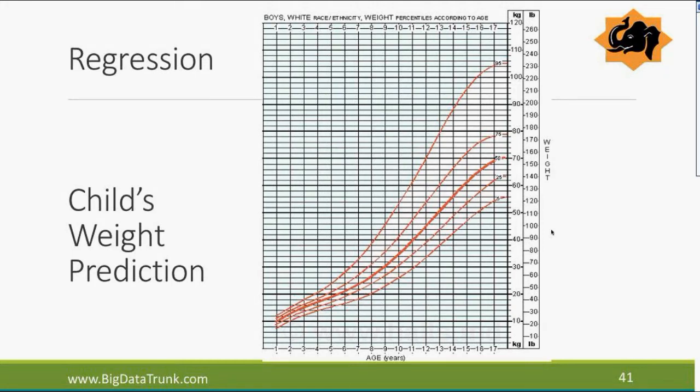What happens? The doctor takes all these kinds of measurements, the circumference of the head, the weight, the height, this, that, all kinds of measurements, and then they plot and give you this chart, and you look at it very eagerly. That kid, what's going to happen? Then you start feeding him more or less, depending on what is happening, right? What they're doing is they're predicting the weight of your kid. They just have the data for a few years, in the first 2 years probably, but they're taking the data and just extrapolating it based on the other people in the US they're looking at, and they're looking for the curve and saying, oh, there's a 50% chance this kid is going to be 70 kgs or 150 so-and-so pounds at this age. So they're predicting some values based on that.